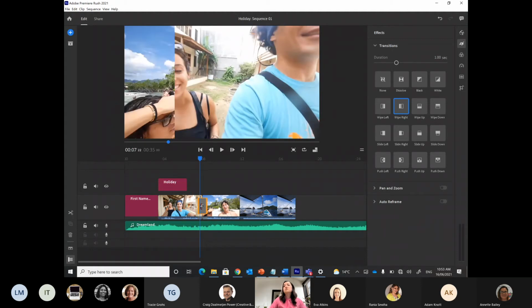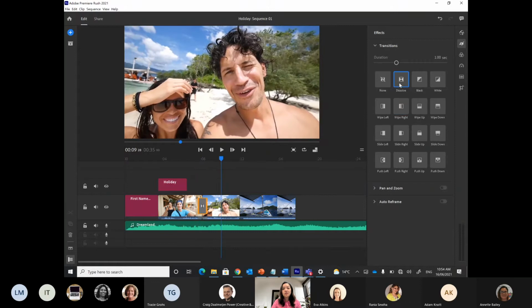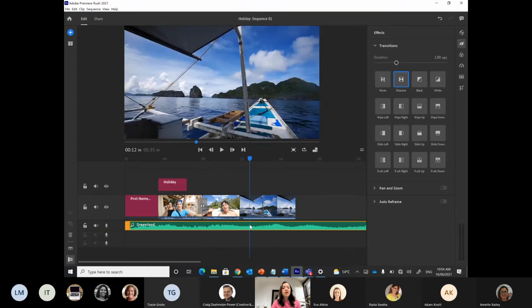Obviously, I don't want you to use all the different transitions throughout the whole film because it's going to look a bit chaotic. Consistency is key. So you want to make sure either they're very similar or the transition means something, is purposefully done that way. It's not just random thoughts almost. And the good thing about the dissolve transition is you can add a dissolve transition onto the